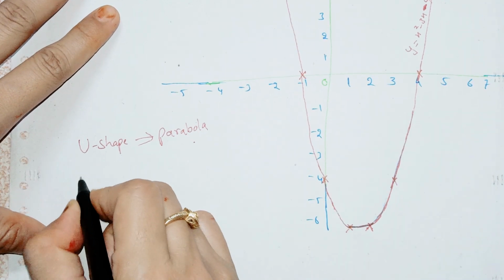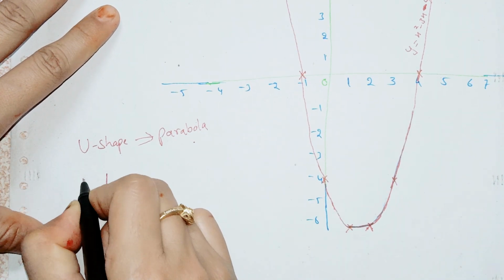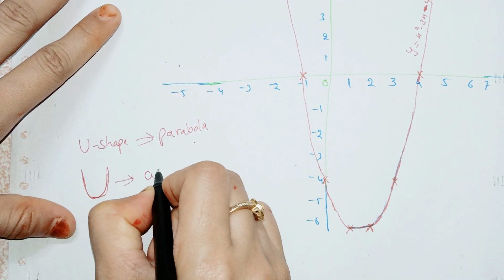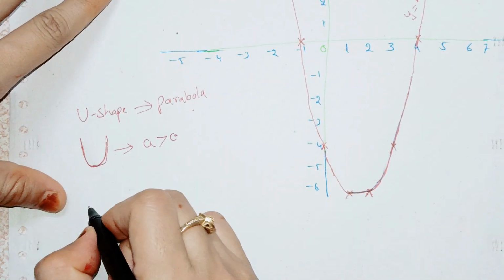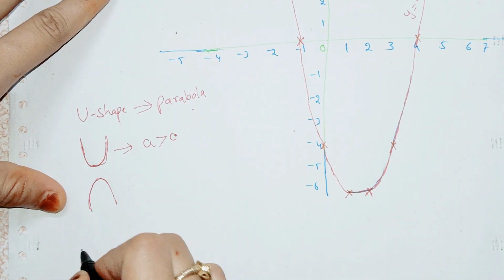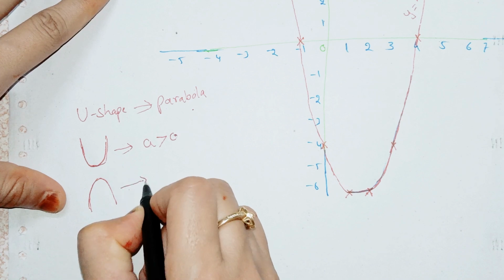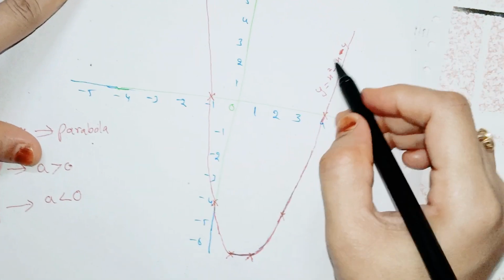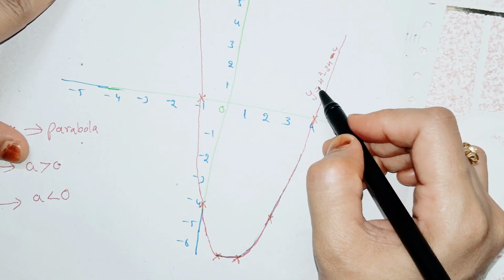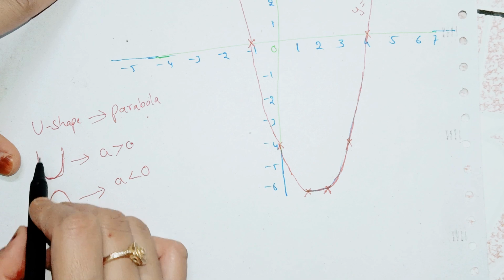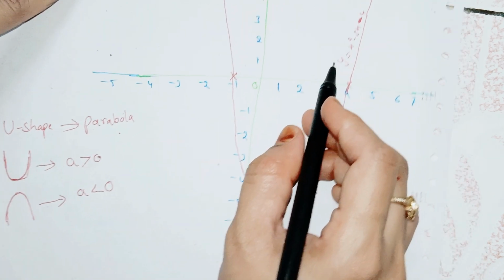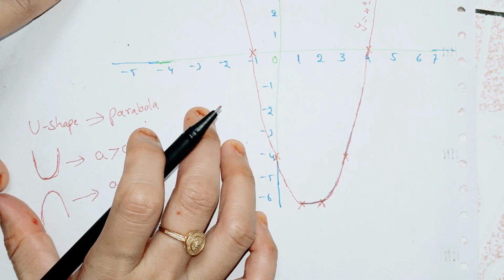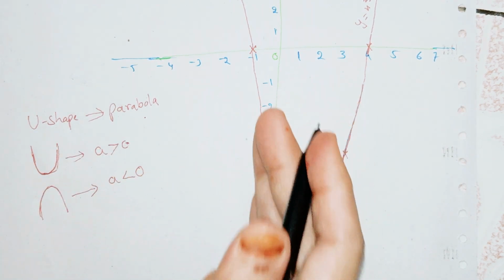Okay, so this is open side, we call this an open upwards parabola. This shape will come when a value is greater than 0. This shape will come means a downwards facing parabola. This shape will come when a value is less than 0. Now it's clear, as we have the polynomial x square, here a value is 1 which is greater than 0, that's why I got this shape here. When a value is -1, then I'll get the shape as this. Now it's clear. Now we'll try to find out the zeros for this polynomial.